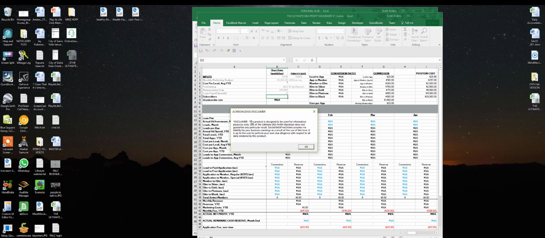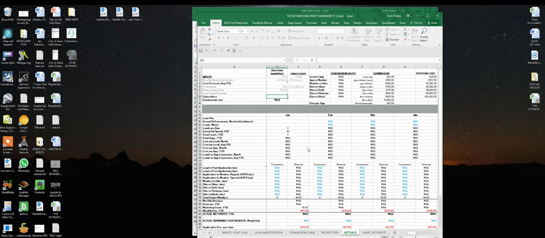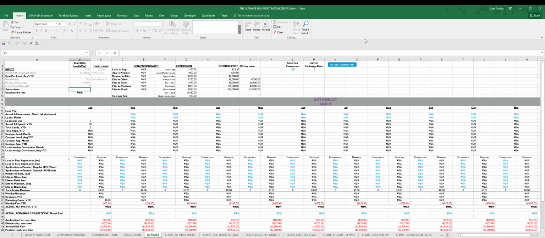First, however, you're going to see this disclaimer come up. Please read the disclaimer, and once you have, just simply click OK. And after you've acknowledged that disclaimer, you'll simply enable those macros. You don't see it here on my screen because my security settings allow for the macros already. So I'm going to